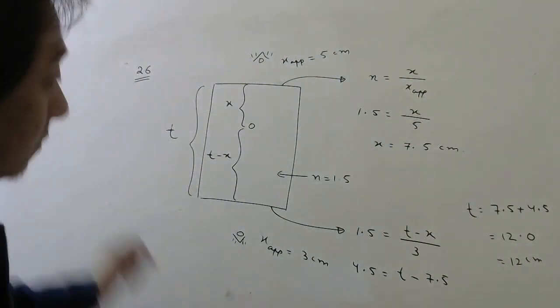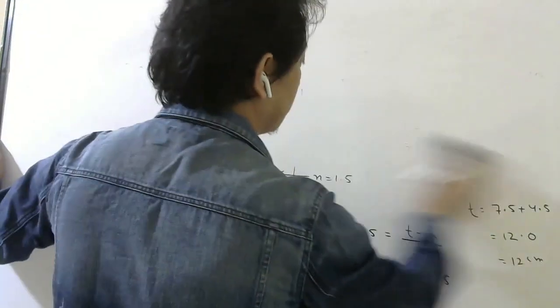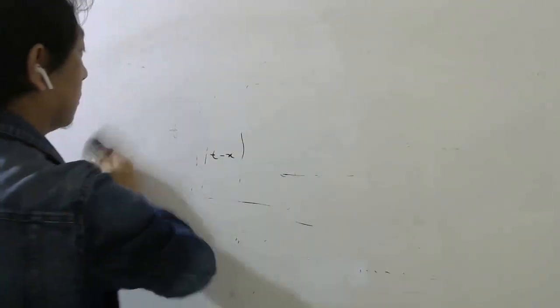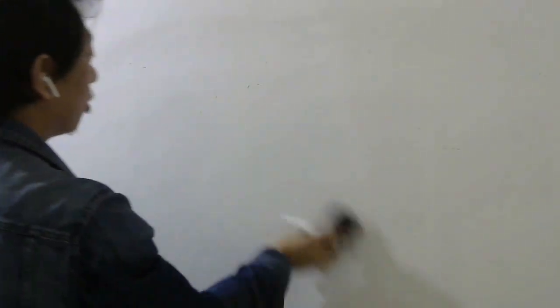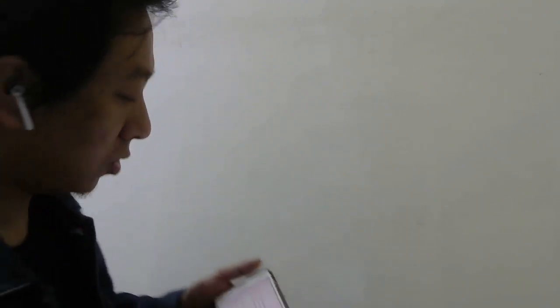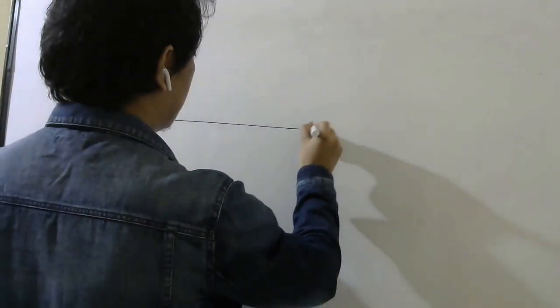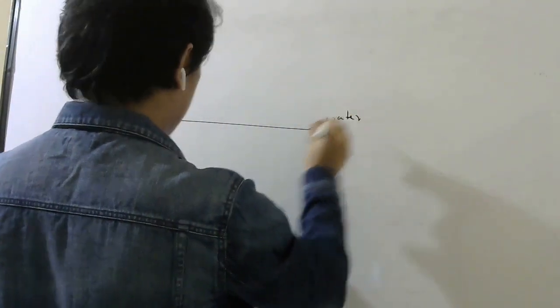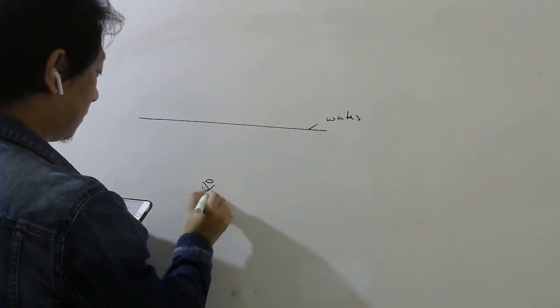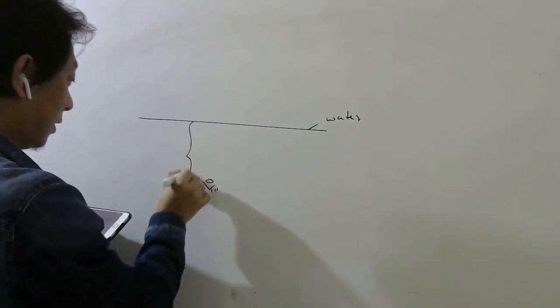27, you see now. So here your observer was in the rarer medium, air medium. So the apparent distance was smaller than the real distance. An underwater swimmer is at a depth 12 meter below the surface of water. So this is the surface of water. So there is a swimmer. He is 12 meter deep.